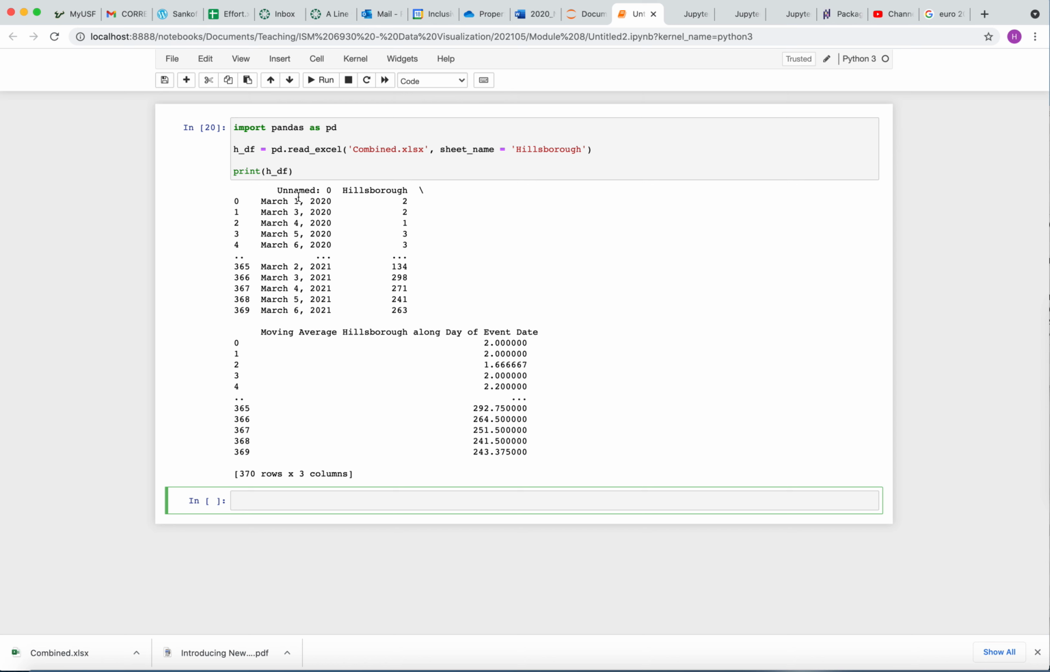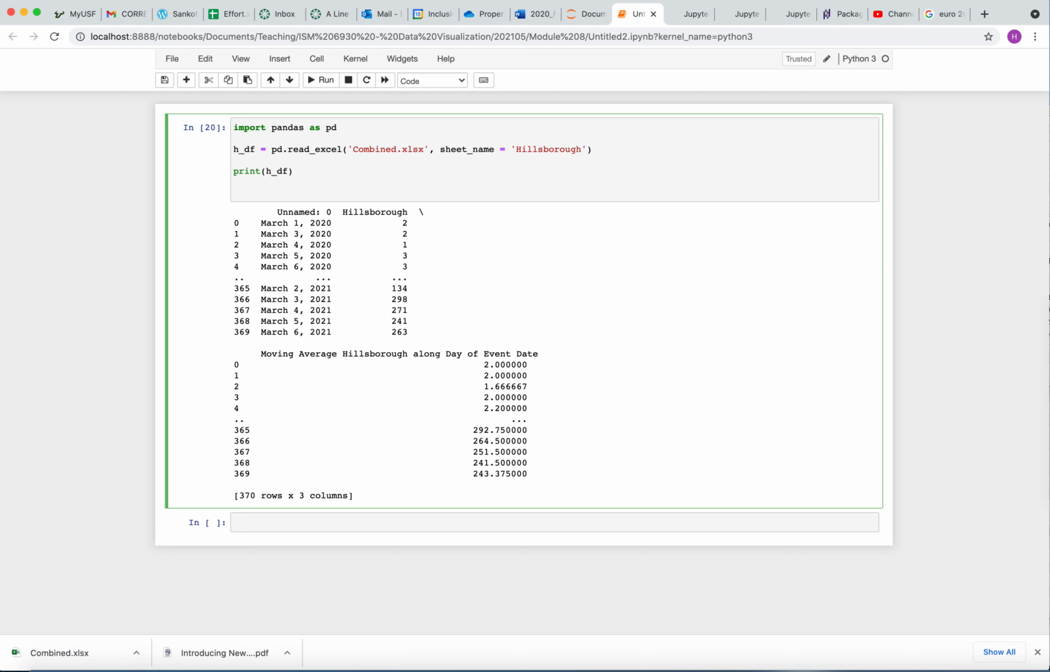The problem is that the columns are not particularly helpful. They're called Unnamed, Hillsborough moving average, and Hillsborough, and then moving average Hillsborough along day of event date. So we're going to reset those columns. And we can do that very simply by doing hdf.columns, and we're going to name them